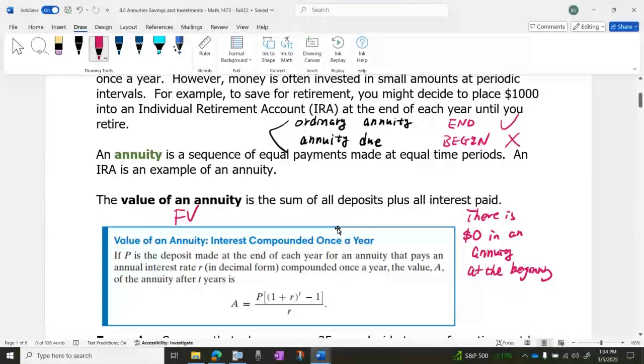Let's say you want to put $100 in your IRA at the end of each month. Again, we are talking about ordinary annuity. So when you open the account, you have no money, and the account remains empty until the first payment is deposited at the end of the first month, right? And then,